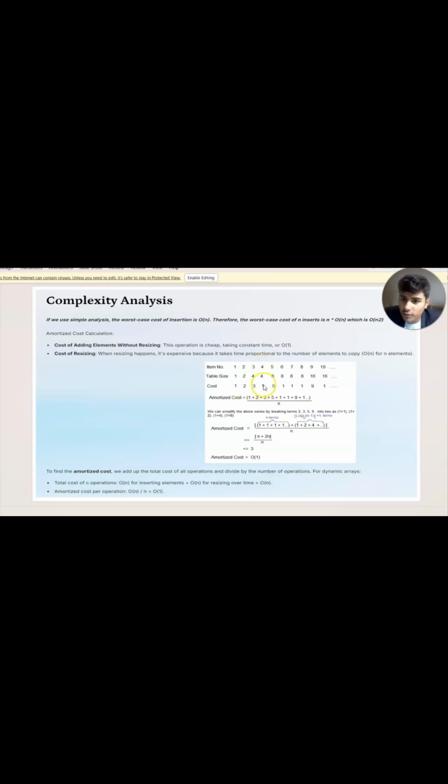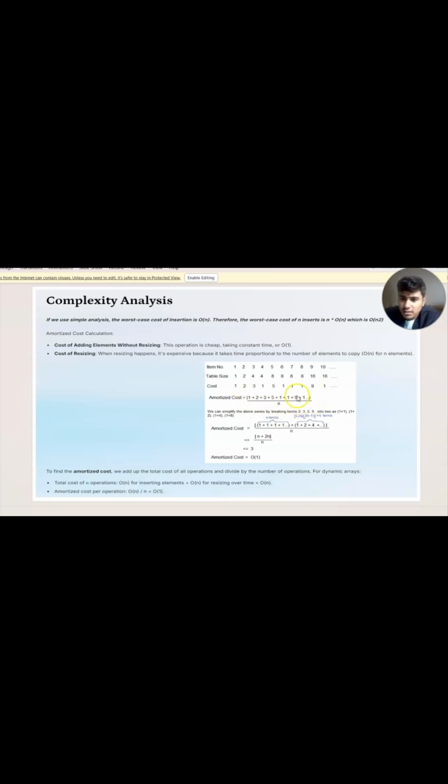For the fourth we saw that there was a space, so the cost came to be 1 because it was a simple addition of an element in the array. Then for 5, again we have to resize our array and add all the earlier elements, then the fifth element, so the cost came to be 5, and so on. Amortized cost is nothing but the total cost upon the number of operations.